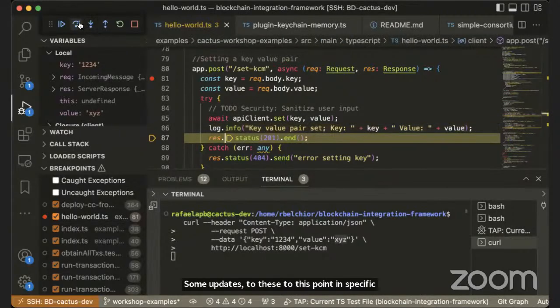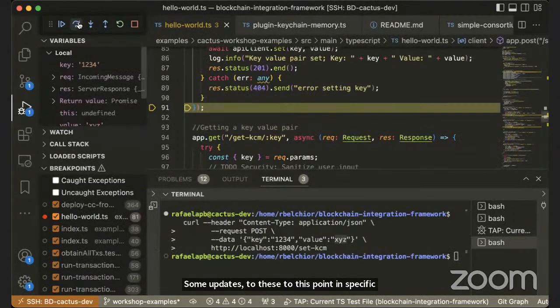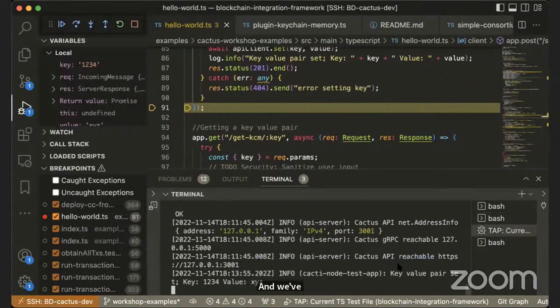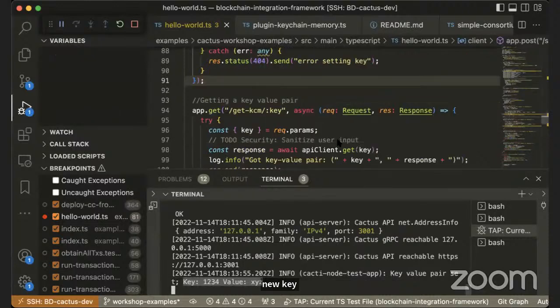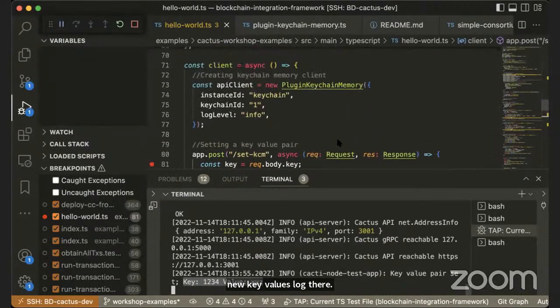Okay, we log that and we return. Okay, so if we go to our server, we see the new key value logged there. Okay, so very simple. Then we can also